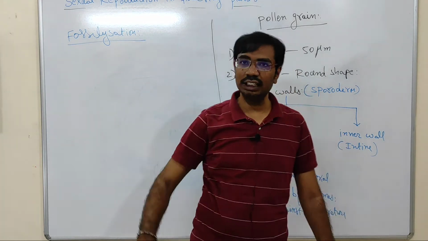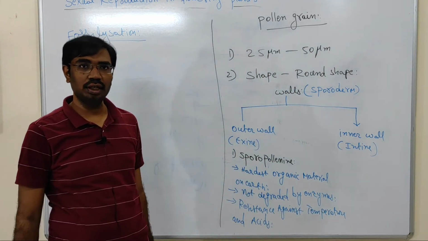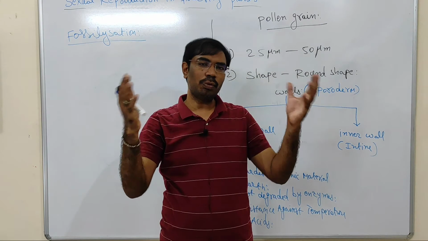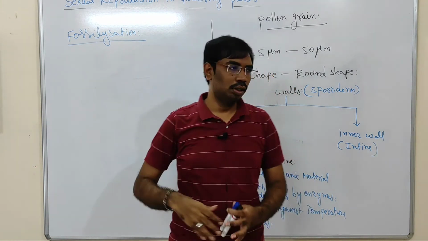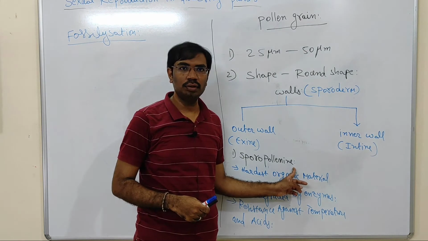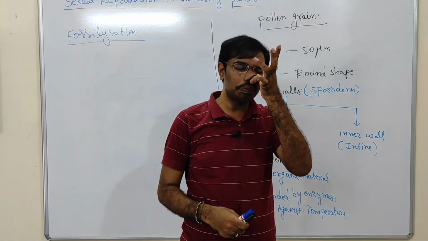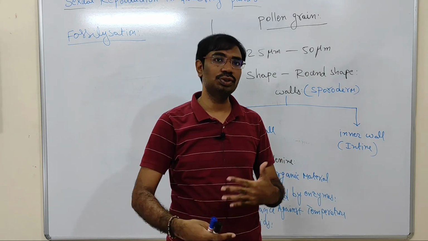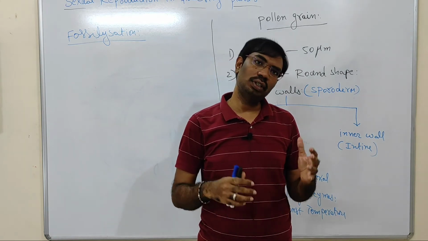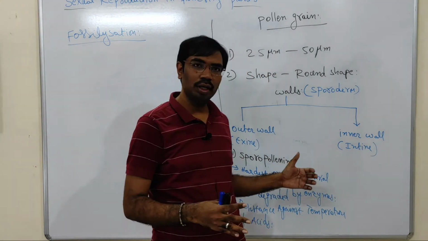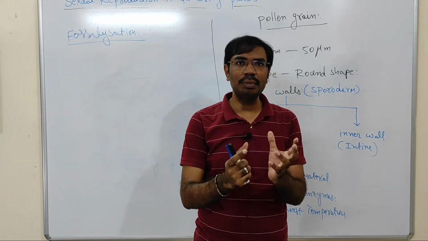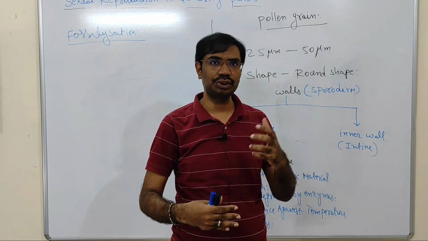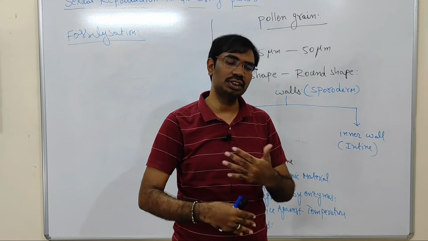Like that, the exine is the hardest organic material, so it is not degraded for a long period. The remaining parts of the pollen grains may be degraded except this sporopollenin. So the sporopollenin is not degraded over time. Because of that, even hundreds or thousands of years back, pollen grains can be observed in the environment. That sporopollenin of different pollen grains is a raw material for the study of pollen grains in the past. Past means thousands of years back or hundreds of years back.